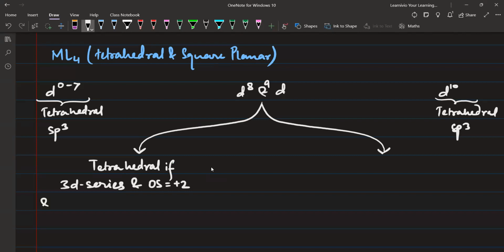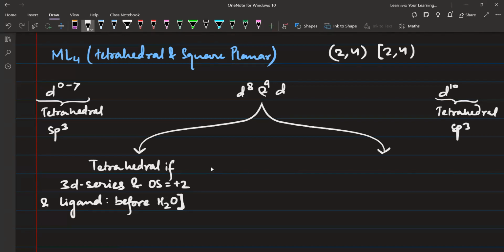And furthermore, ligand should be before water, including water, ना. This bracket, ये math की language है. If I say 2 comma 4, that means between 2 and 4, excluding 2 and 4. If I say 2 comma 4 and I have bracket like this and like this, then it means including 2, excluding 4. If I have 2 comma 4 like this bracket, that means excluding 2, including 4. And if I have 2 comma 4 and the brackets are square bracket,